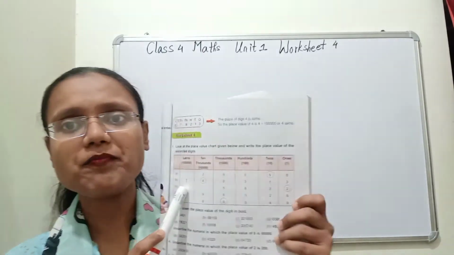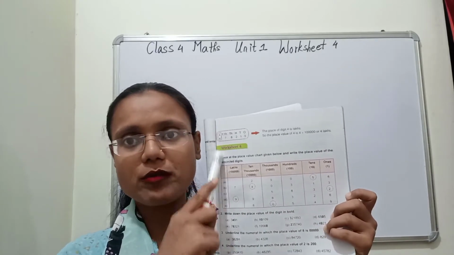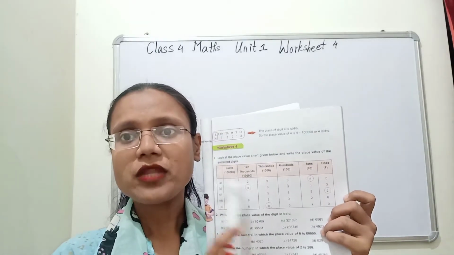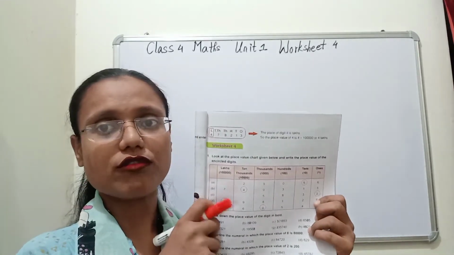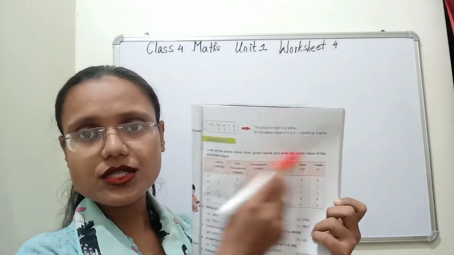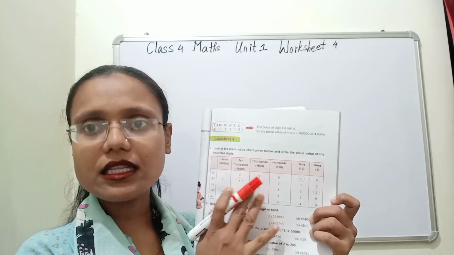ये जो chart है आपका, this chart you will draw as it is in your copy. आपकी जो notebook है उस notebook में आप इस chart को as it is draw करोगे. उसके बाद आपको आंसर लिखना है. How will you write the answer of it? Yes, you will draw the chart as it is जैसे ये दिया हुआ है and you will encircle whichever number is encircled in your book.